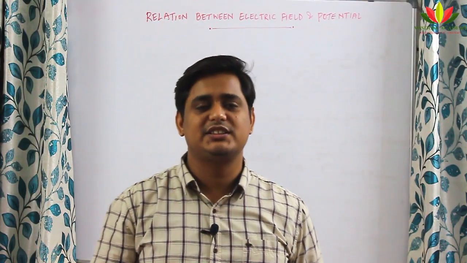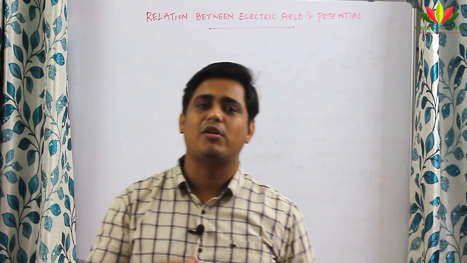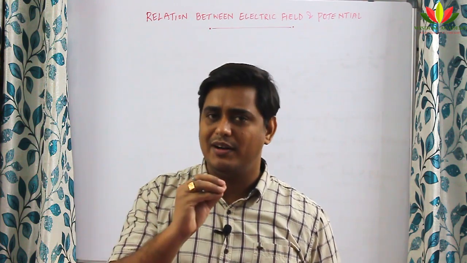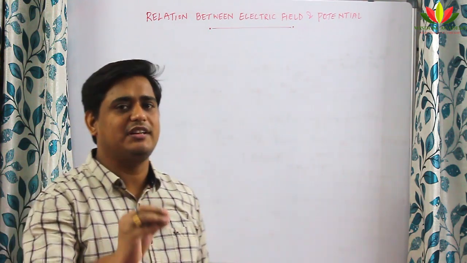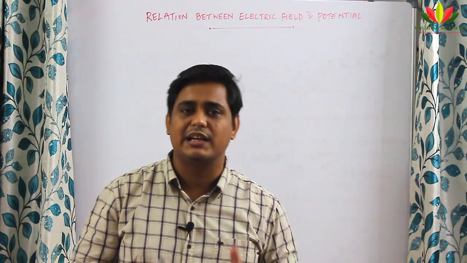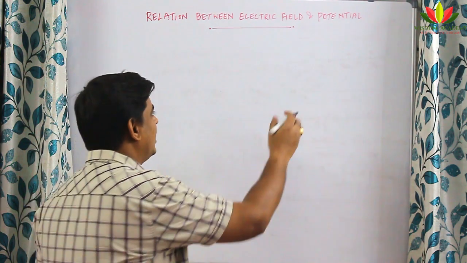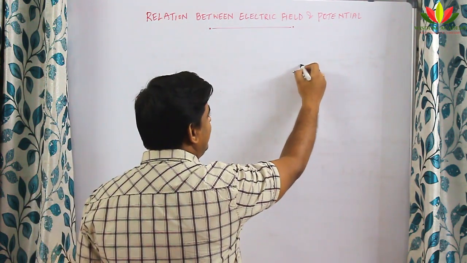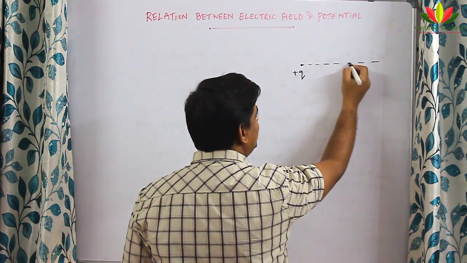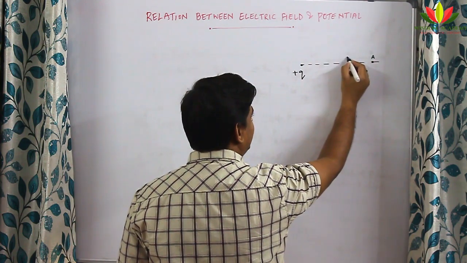In the previous session itself, we have seen that electric field and electric potential are two important parameters in finding field at any point. So, for any point in electrostatics, two important characteristics are its field and its potential. Today, we are going to formulate a relationship between electric field and electric potential. For that, we take a positive charge and keep it at one point. Then what we do, along this line, we keep 2 points. We take 2 points, point number A and point number B.